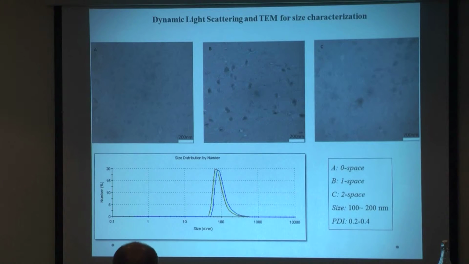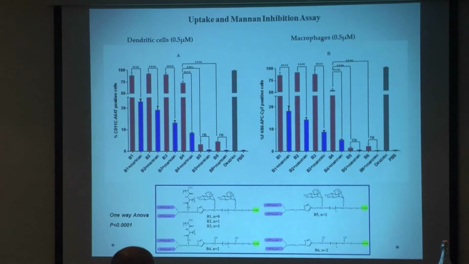I characterized these structures with size measurement and TEM, and they formed nanoparticles in PBS. The size varied between 100 and 200, and the TEM size was slightly smaller due to drying out on the TEM disk. Then I did an uptake study with dendritic cells and macrophages from